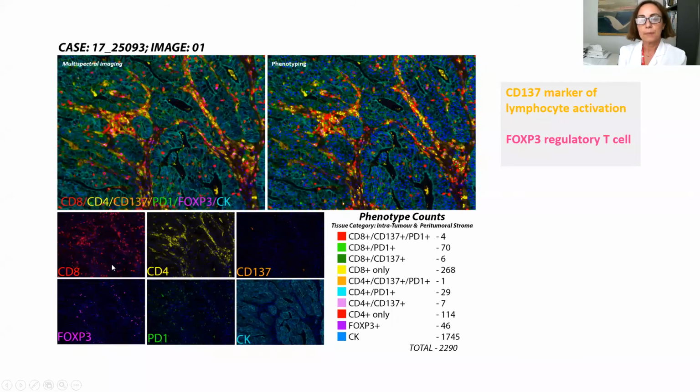We do immunohistochemistry, but the antibodies are marked with a fluorescent substance, and we perform different immunohistochemical analyses over the same slide. Every antibody is marked with a different color, and at the end, the system puts together all the different images of the different antibodies, and we see the distribution of the immune cells in the interstitium, and also the relationship of some immune cells with the tumor cells.